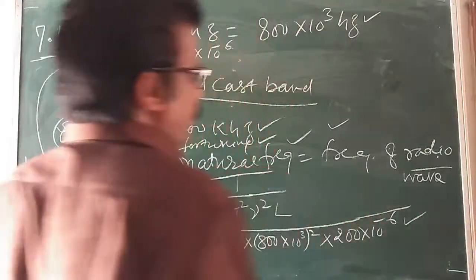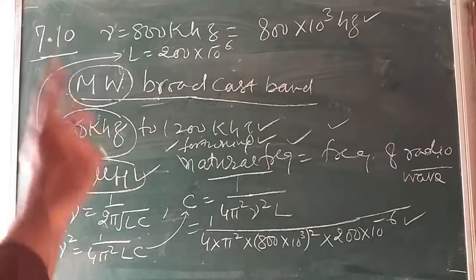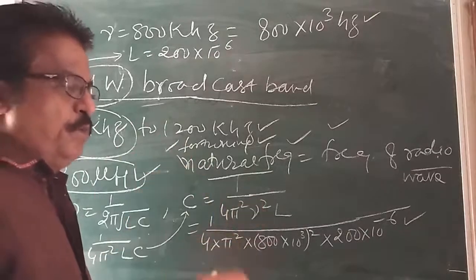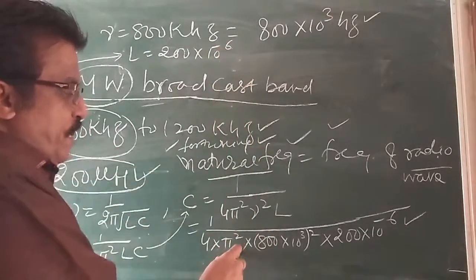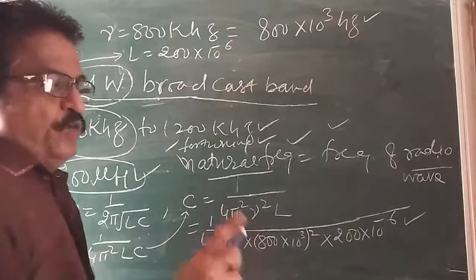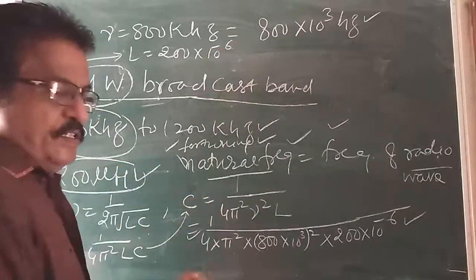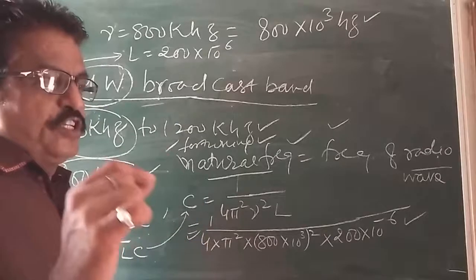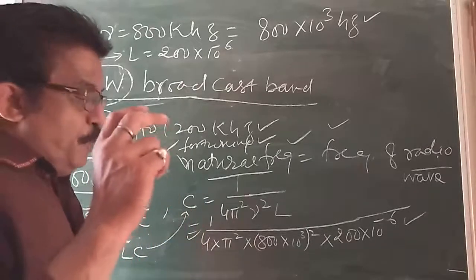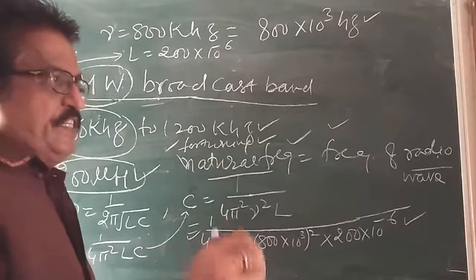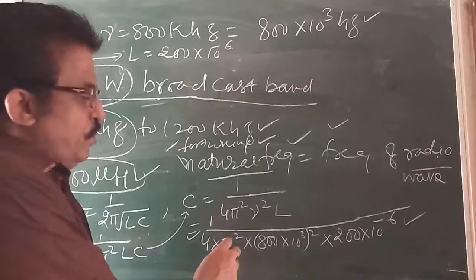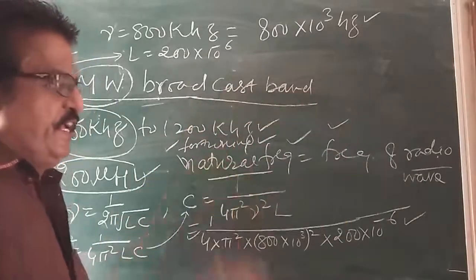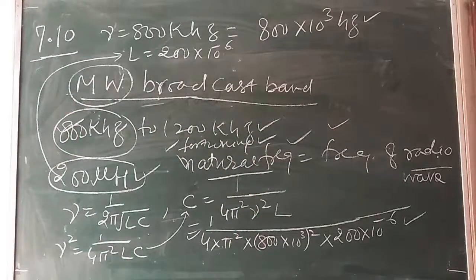Take note of how much time you are taking. See the watch and then solve the problem. When you are doing numerical practice at your home, the physics part is over up to this point. When the physics part is over, then the mathematical part is ready. So how much time you are taking? Particularly my lovable biology students, if you want to become perfect in physics, you have to do numerical practice at your home regularly, at least 2 or 3 numericals every day. So solve this, what are you getting?